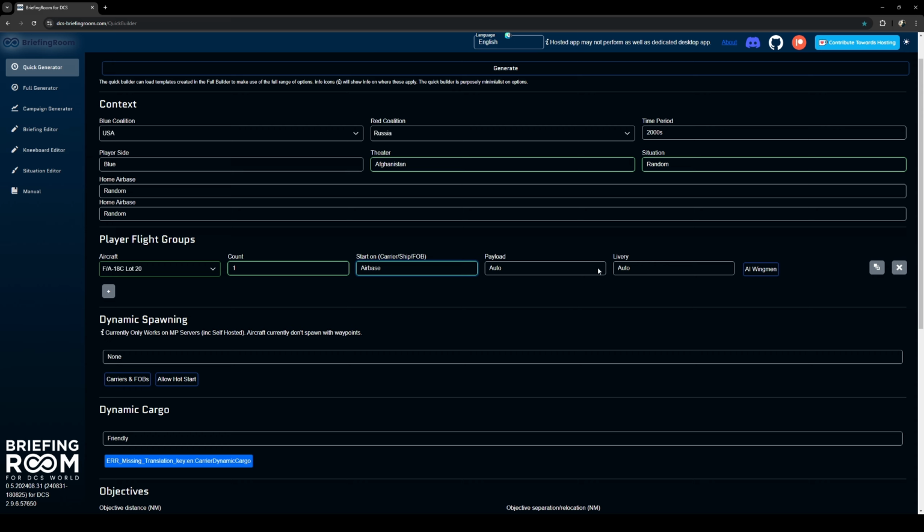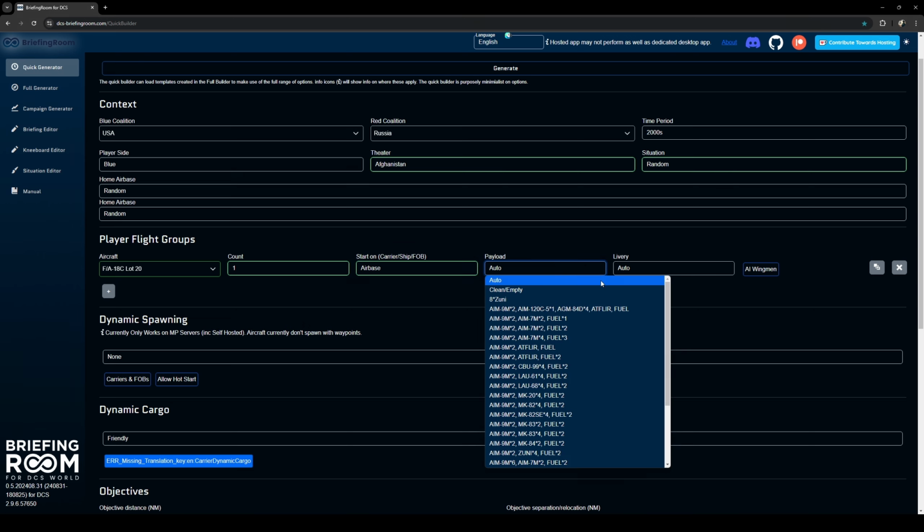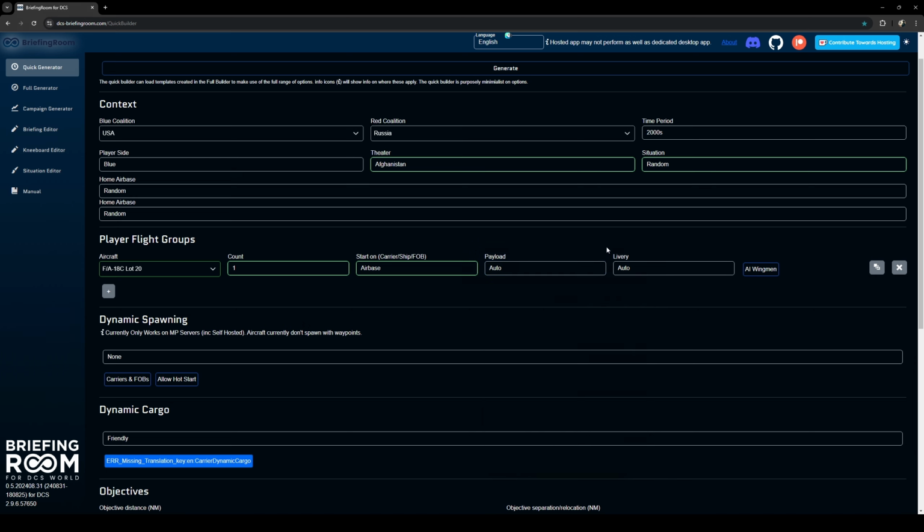Payload auto. What this means is, and this takes into account the time period and whatever the mission sets up for. So again, if you want the generator here, the briefing room, to set this all up for you, leave it at auto. However, if you want to do something specific, you can pick a loadout that you want. Okay, so you've got variations here. Leave it at auto. And the great thing, what I've noticed about leaving it at auto, is that it's going to equip